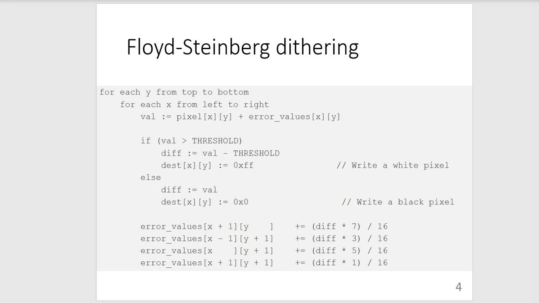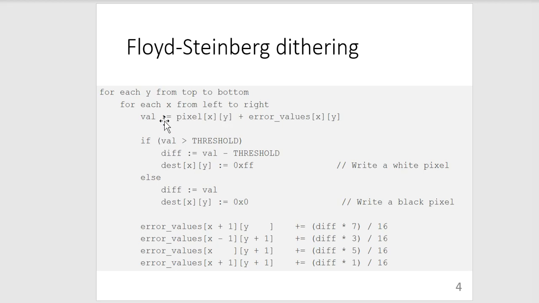The algorithm defines a method of traversing over an image and for each pixel determining an error. For example, here the first loop traverses the image from the top to the bottom, and the second, nested loop traverses the image from the left to the right. And for each pixel,